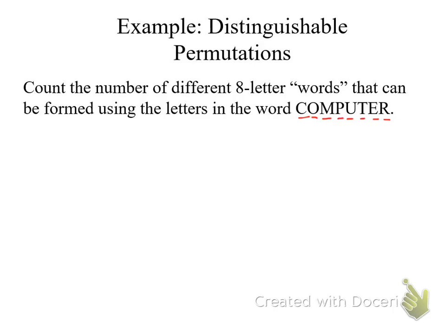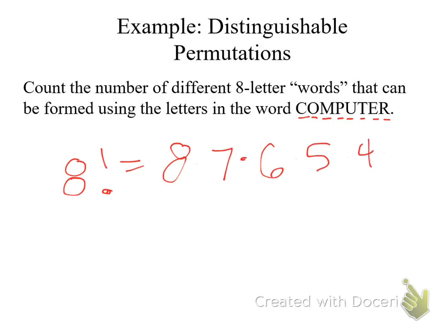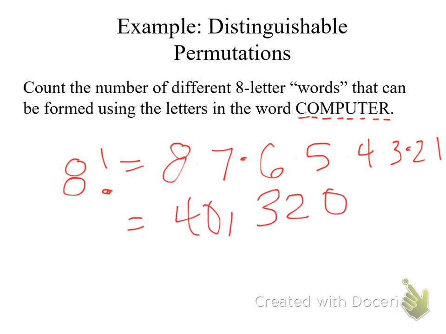I have 8 letters, so we're going to use 8 factorial, which, written out, would be 8 times 7 times 6 times 5 times 4 times 3 times 2 times 1, and the total is 40,320. But that's not always very helpful, because that's a lot of time that you have to use to go in and do that. So, in your calculator,